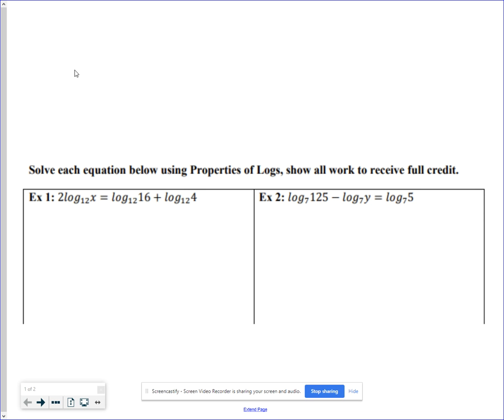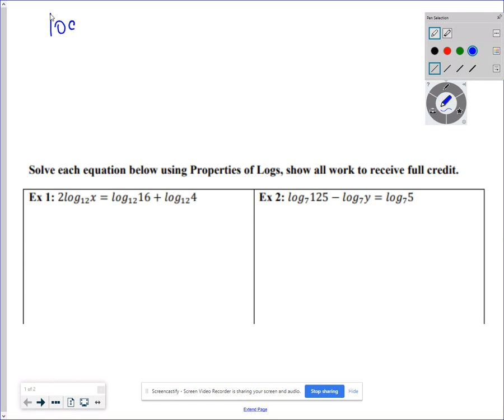Welcome back. Today we're going to be using those properties of logarithms that we went over last week to solve logarithm equations. So let's first review those properties that we learned last week. So the first one we learned